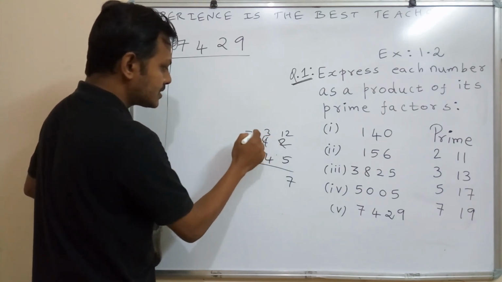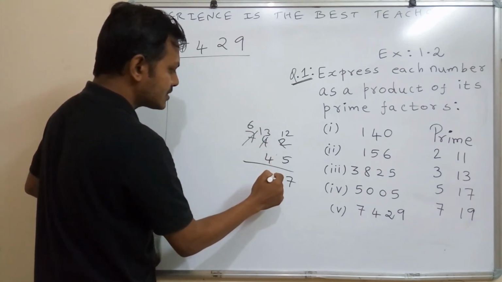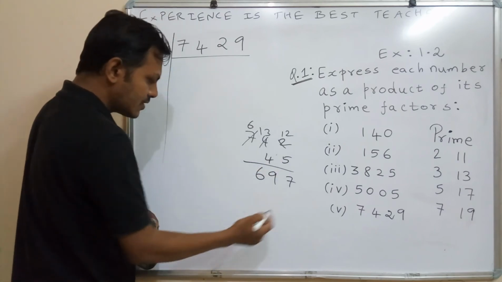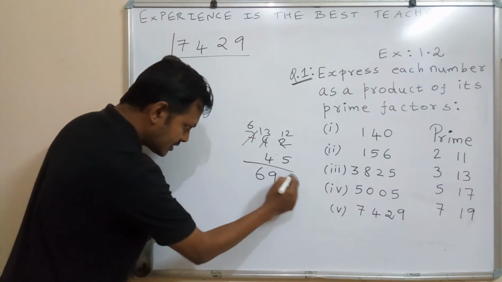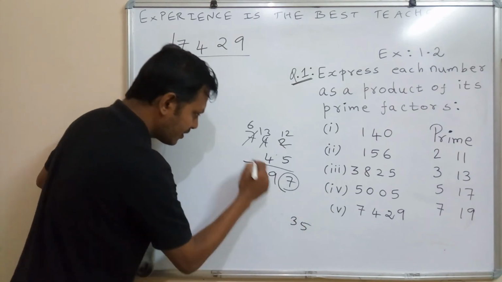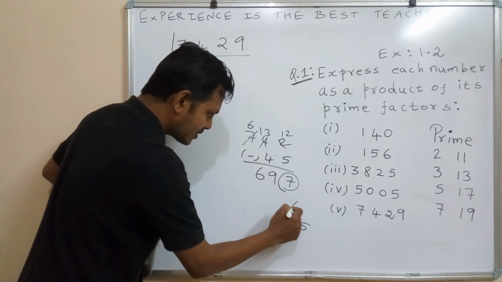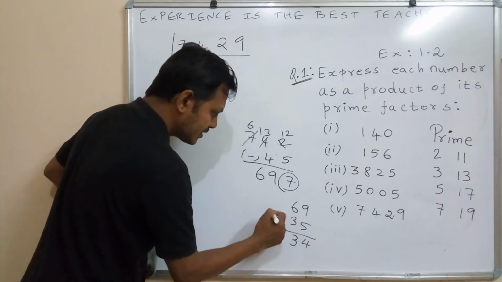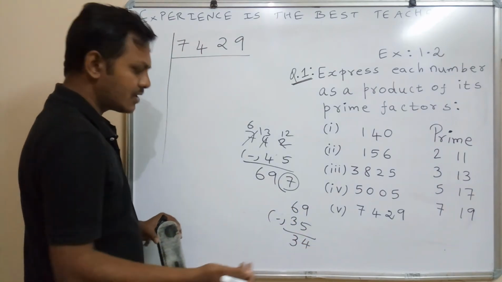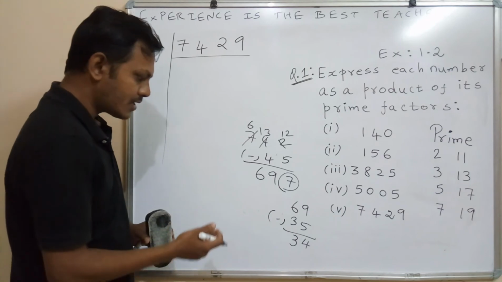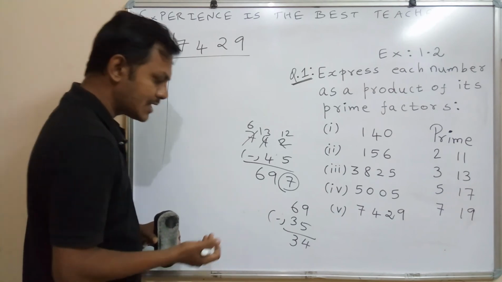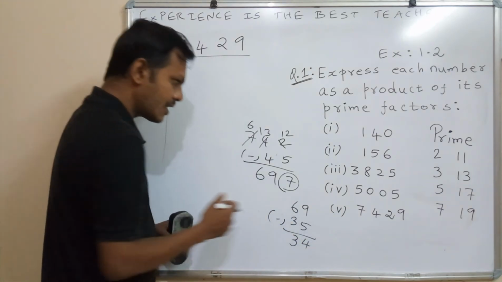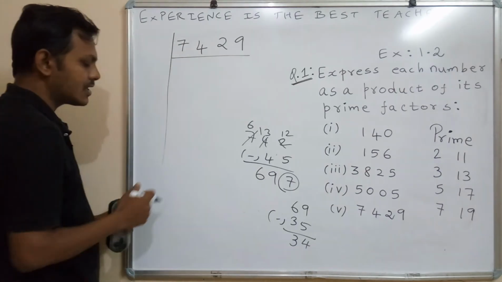Now it will become 6. 13 minus 4 is 9. 697. Again 5 times the last digit is 5 7s are 35. Subtract it from the rest of the number 69. 9 minus 5 is 4. 6 minus 3 is 3. So 34 will come in 17 table. 2 times 17 is 34. So this 34 will come in 17 table. So we can use 17 table here.